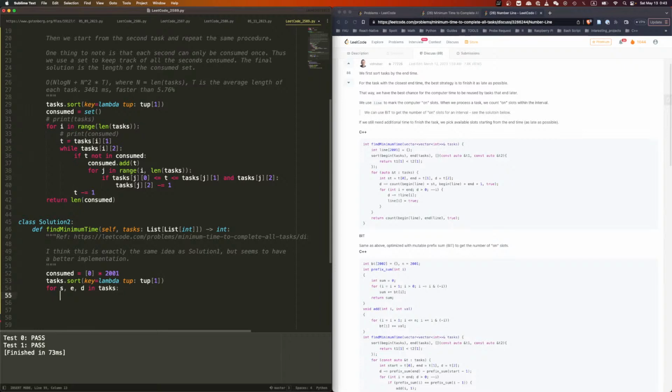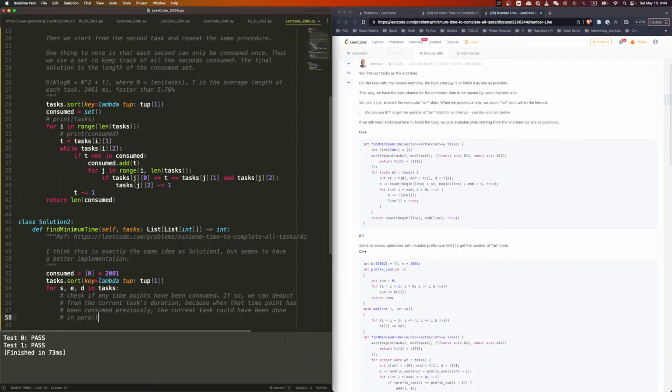Okay. So we will check if any time points have been consumed. If so, we can deduct from the current task's duration, because when that time point has been consumed previously, the current task could have been done